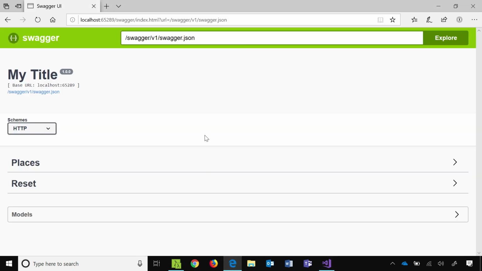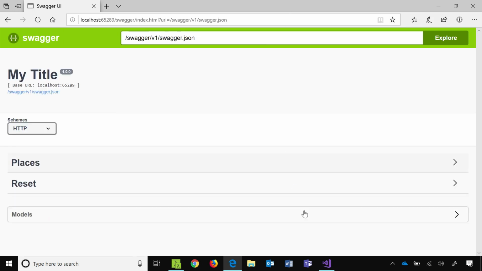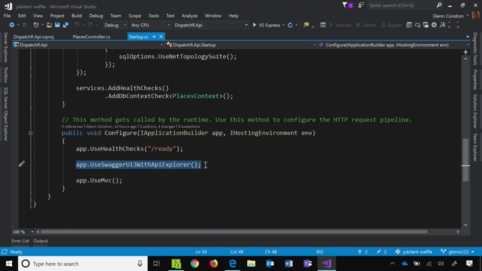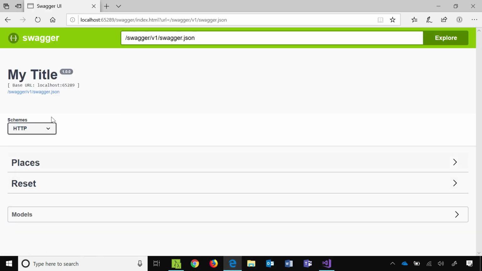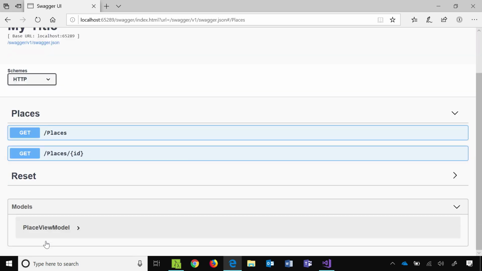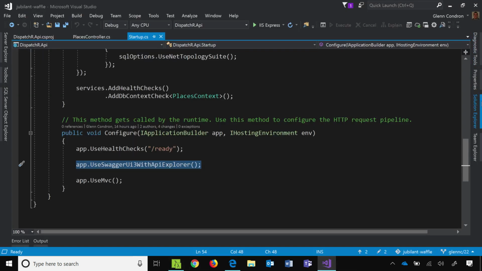Now I have the browser open to my application running, and it is hitting the /swagger endpoint, right? If we go back to our Startup.cs, this line of code adds this Swagger endpoint that I'm hitting that displays Swagger UI. Now what Swagger UI lets you do is describe your application. It shows me the endpoints that I have in my app, and it describes the models that my application can return. So in this case, I have a